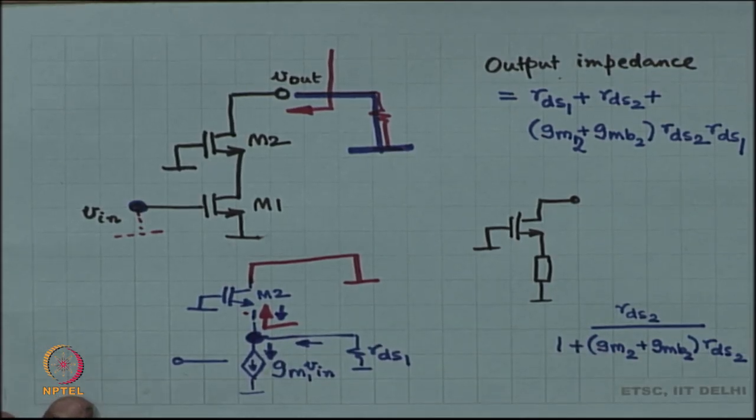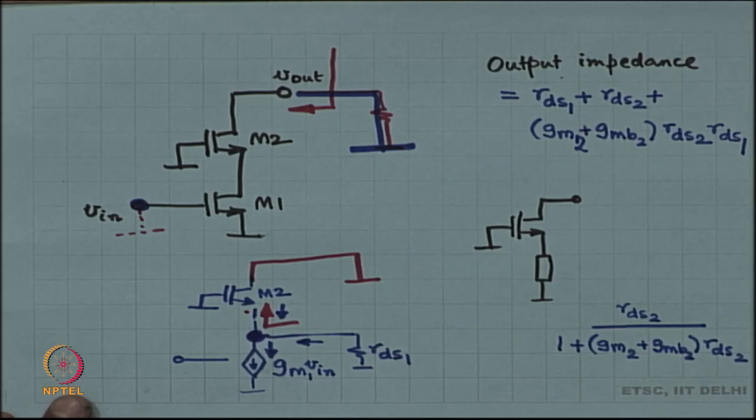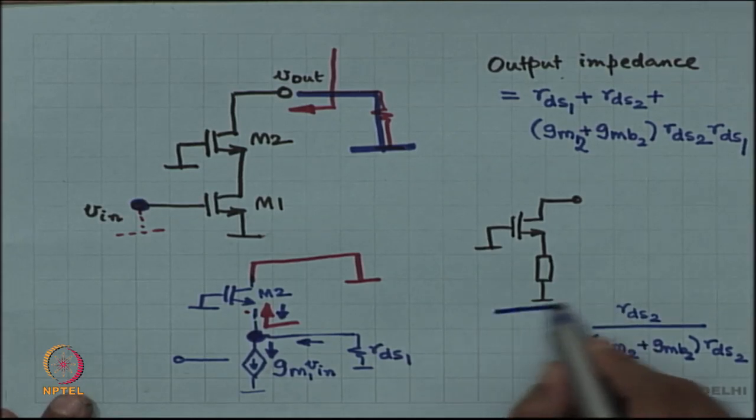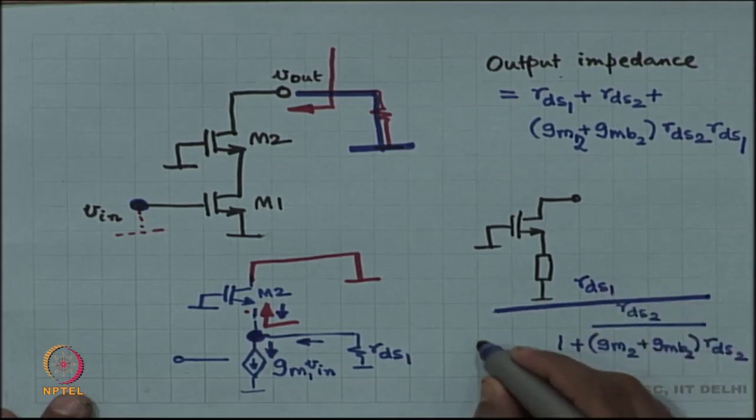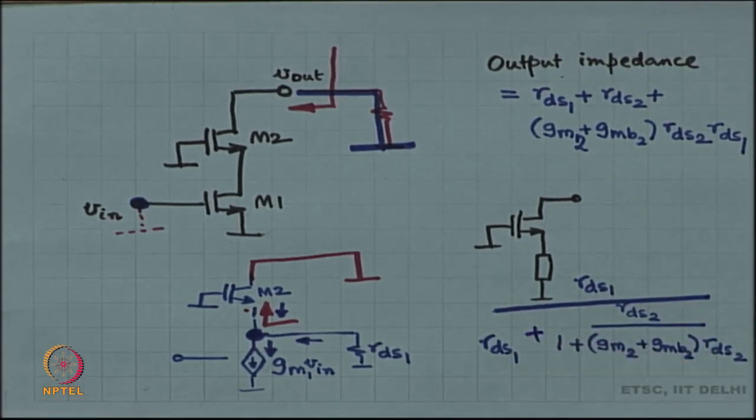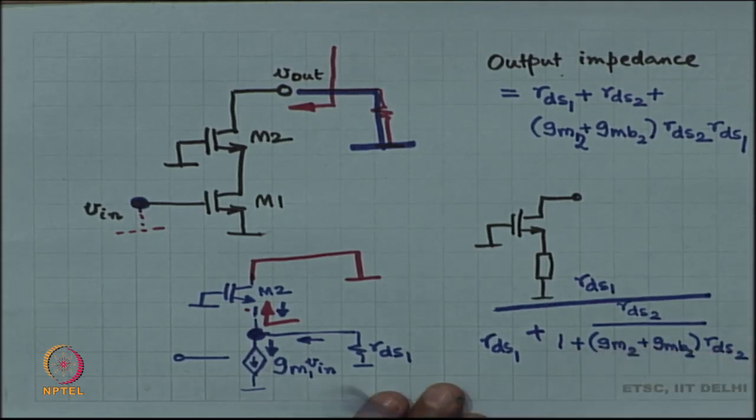What is the portion that is going to come through M2? It is proportional to the other resistor RDS1. So, this fraction of the whole thing is going to proceed into the short circuit and the whole thing